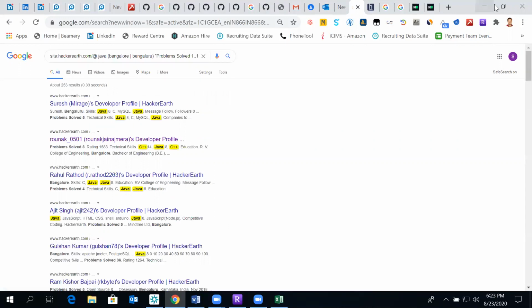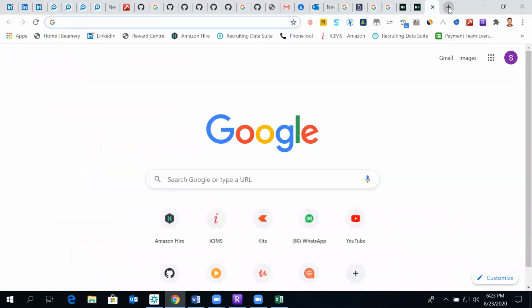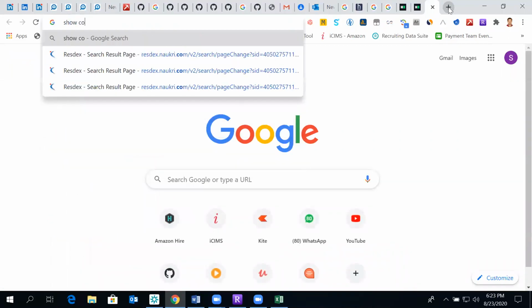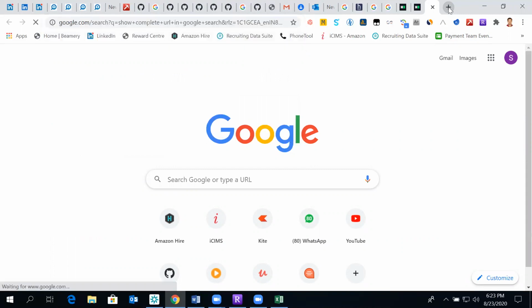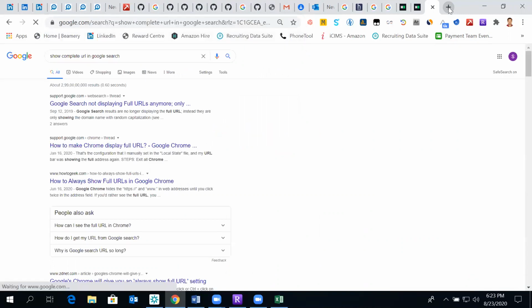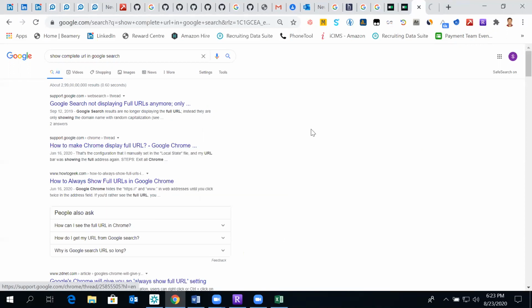Show complete URL. Let's see in case there are any tools. Google search not displaying full URL anymore. Okay, maybe a recent change. How to make Chrome display full URL, in support itself.